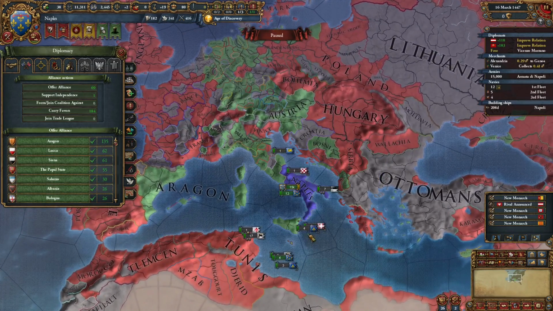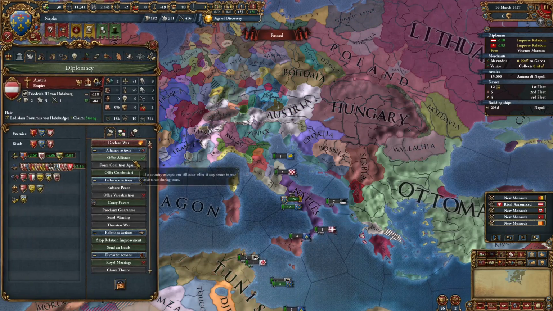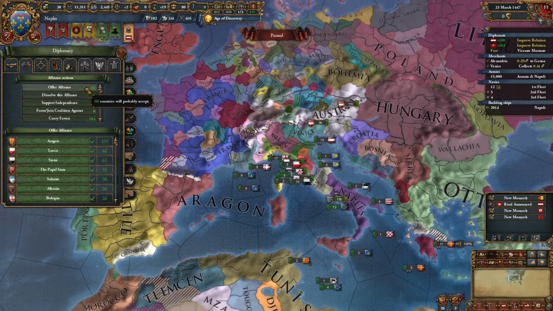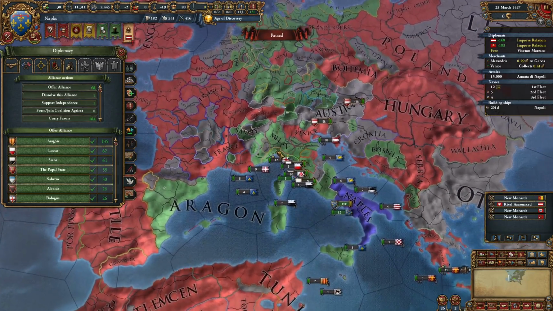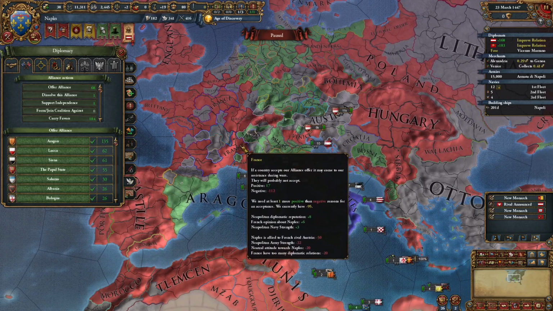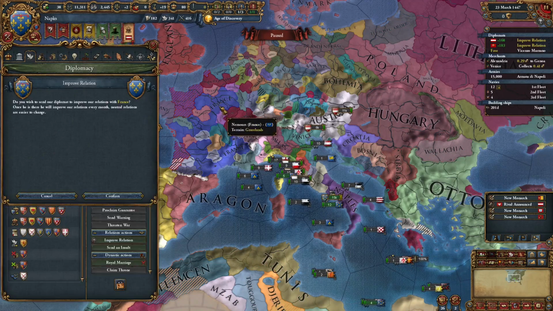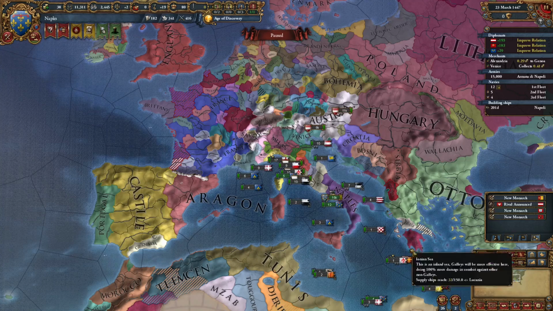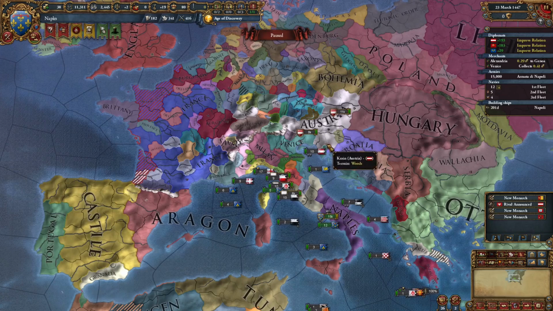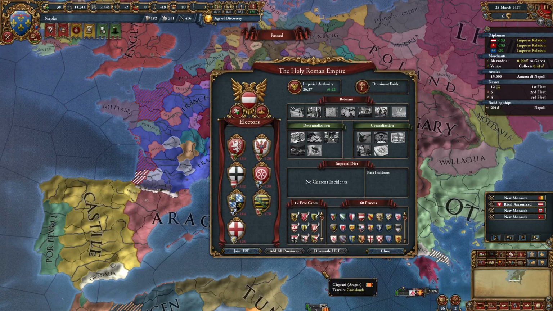For your starting allies as Naples, I recommend allying Austria and improving with the French. Playing in Italy, we have the very uniquely Italian ability to ally both Austria and France at the same time. So go ahead and send a diplomat to improve with France. And if you haven't reached that threshold, keep improving with the Austrians so you can ally them and join the